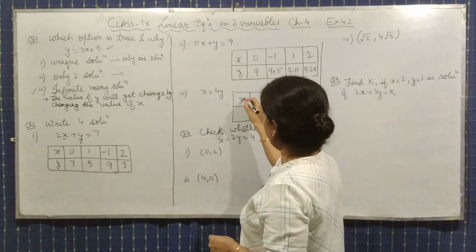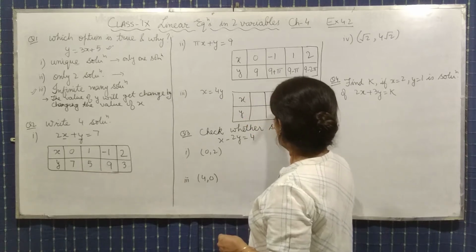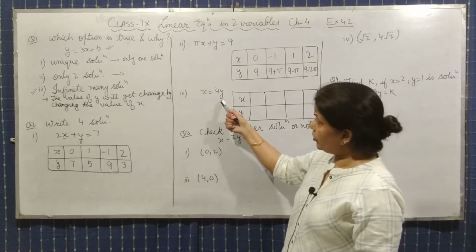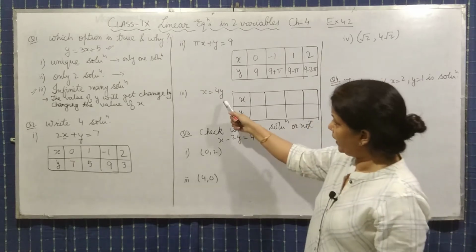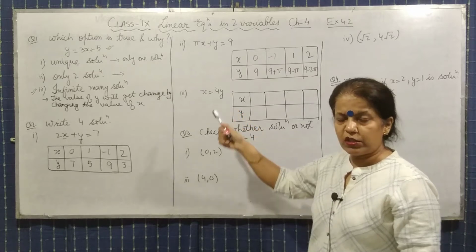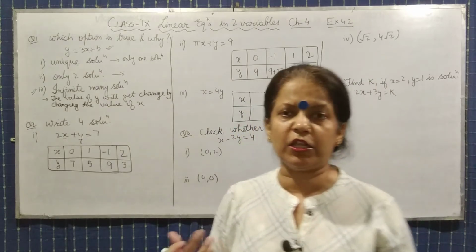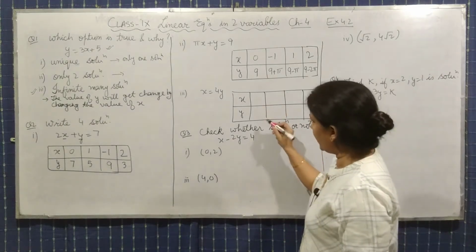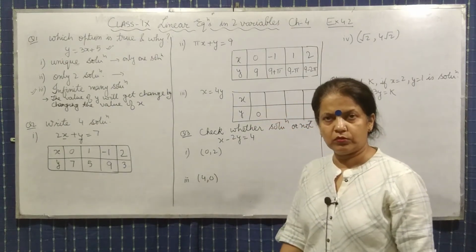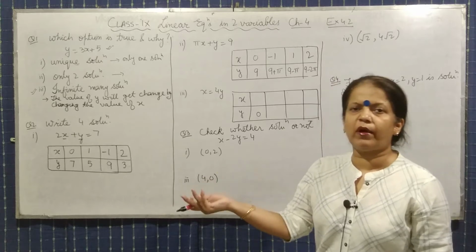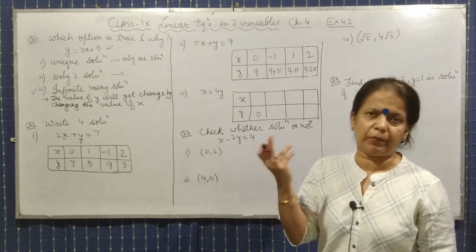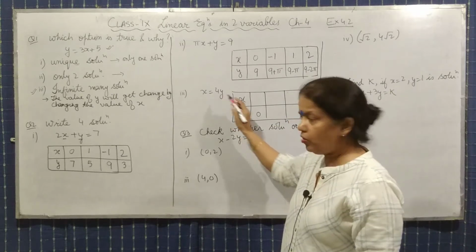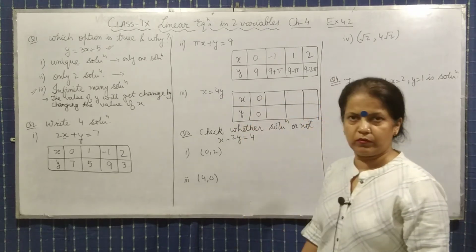आप किसी भी वेरिएबल की वैल्यू डाल सकते हैं. Okay. Now in third part, I am taking the y value here because y value डालने से आपका x value बहुत आसान से निकल जाएगा. So I am taking y as 0. As I have told, x और y किसी भी वेरिएबल की वैल्यू आप अपने आप डाल सकते हैं. y as 0, so 4 into 0, 0. So x will be 0.